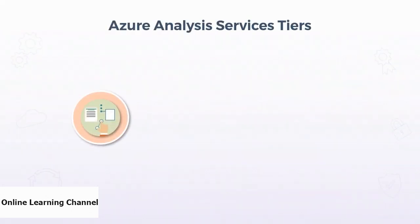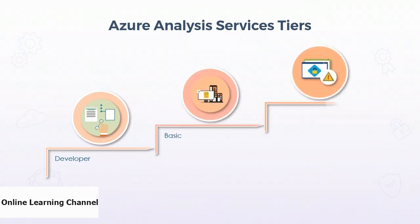Azure Analysis Services tiers. We have three service tiers: the Developer Service Tier, the Basic Service Tier, and the Standard Service Tier. The Developer Service Tier is recommended for evaluation, development, and testing. A single plan includes the same functionality of the Standard Tier, but is limited in processing power, QPUs or query processing units, and memory size, because remember, every plan has QPUs and memory size. And when we create a server, we select a plan within a tier. We can always move up a tier, but we can't go back,